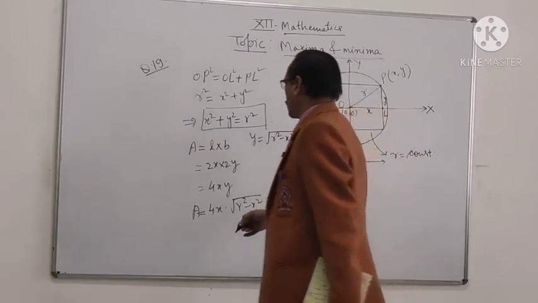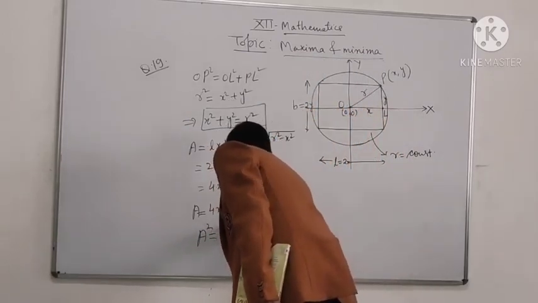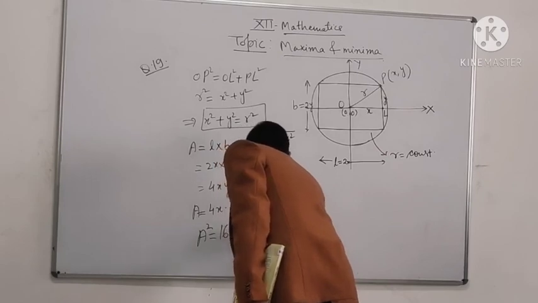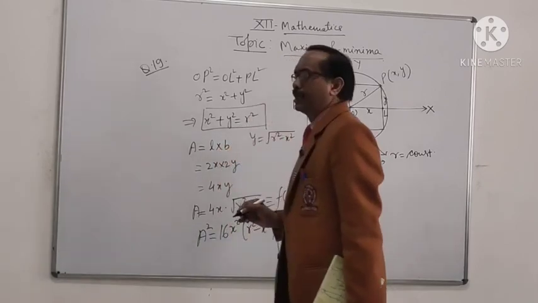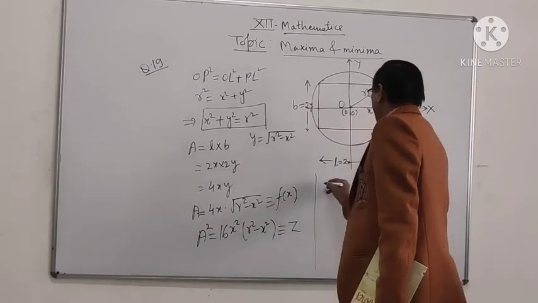Student, we can make the square also to remove the square root sign. So it is 16x square into r square minus x square. Student, we can suppose this as a Z. So Z equal to